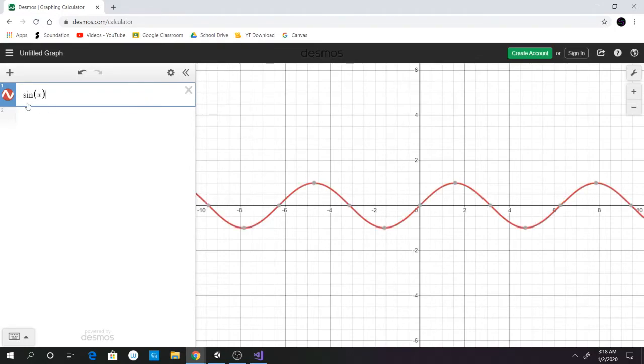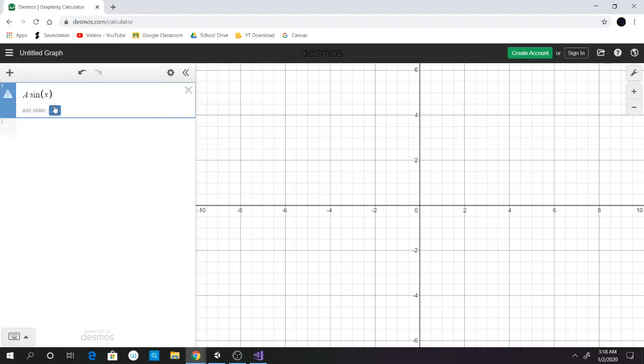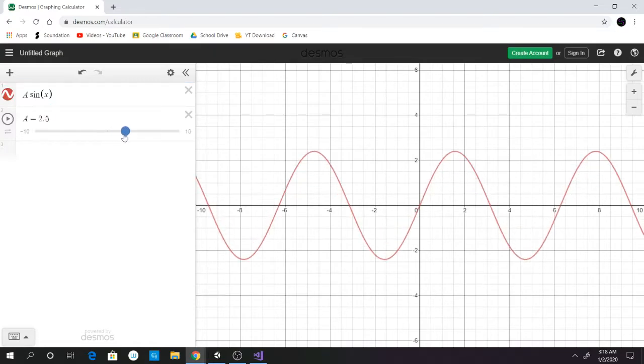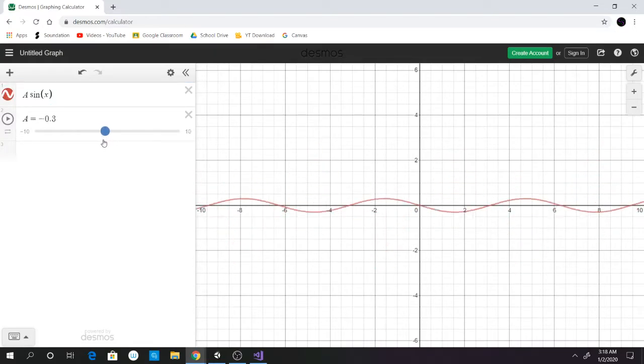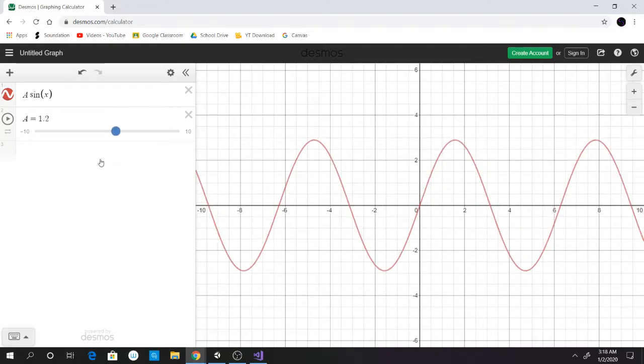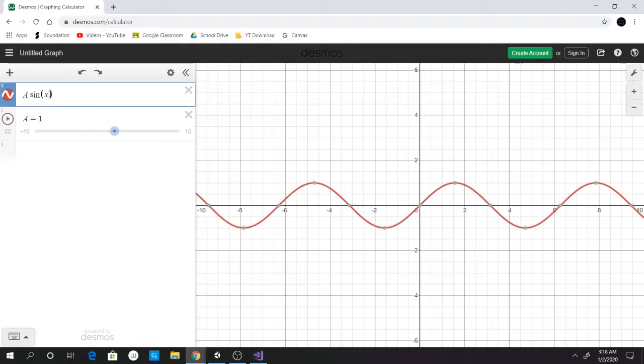Basically we have a sine wave. The one thing that we want to multiply is the amplitude, which refers to whatever you multiply to this sine function. However, you can imagine it like this: for every point on this graph, whatever it may be,